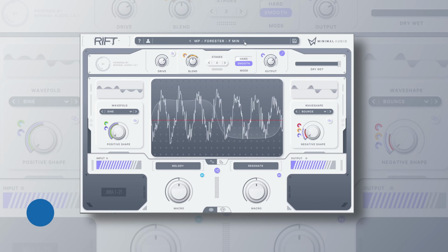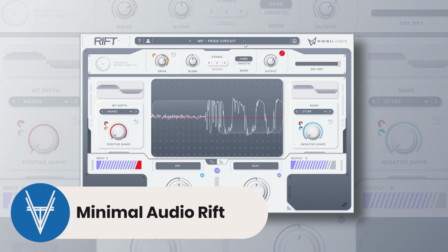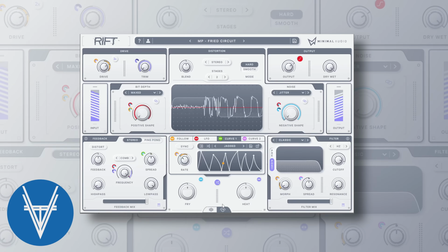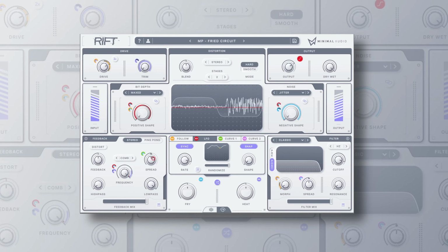Rift has a whole lot of horsepower under the hood, with the basic panel being very easy to operate. It's got a lot of really cool presets, but if you flip into the guts, you can do a whole lot inside this plugin, including creating very interesting sequenced modulated distortion and feedback effects. You can create some crazy wild textures, and you can absolutely shred audio to a million pieces, and it sounds